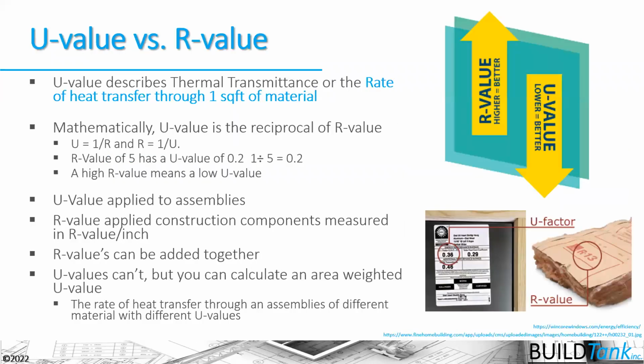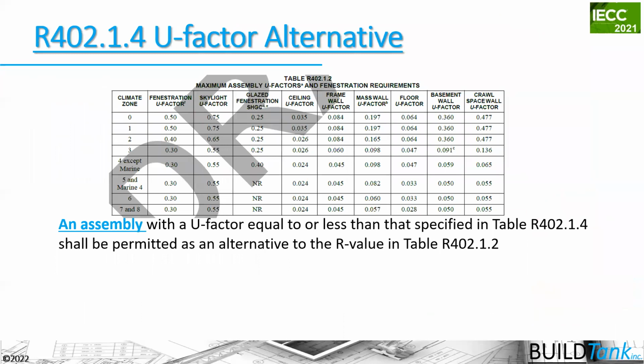So the U value describes the thermal resistance of the rate of heat transfer through 1 square foot of material. So mathematically, we can translate between U values and R values here to make that work. The U values apply to the assembly, the R values apply to construction components, and then we can ultimately get this area weighted U value for our assemblies here. So just to give us an understanding, when we're looking at the U factor alternative here, in theory, we could calculate that by hand,